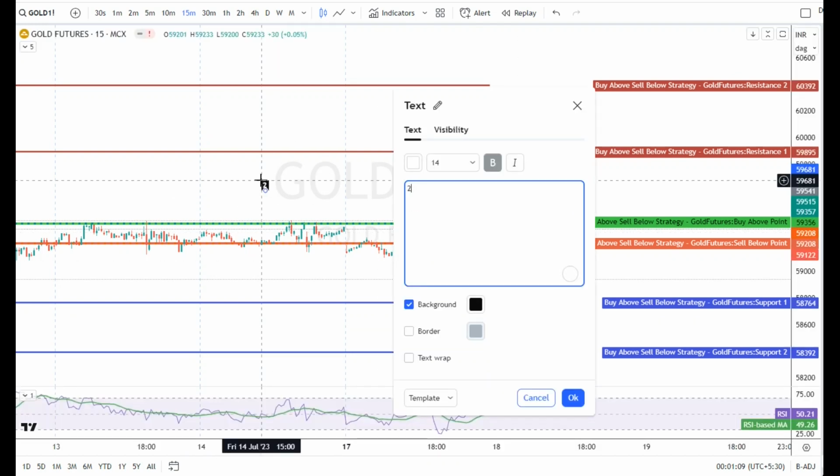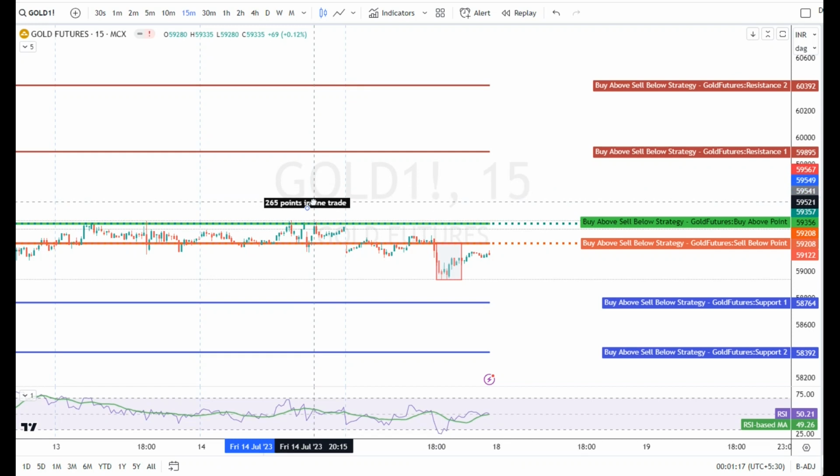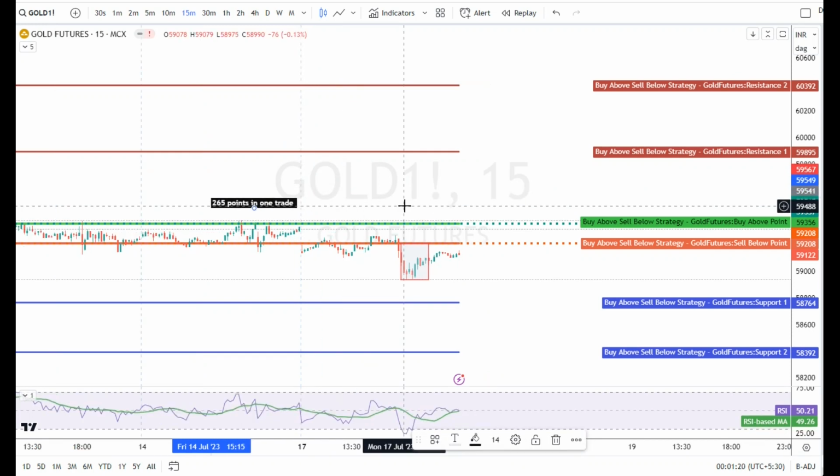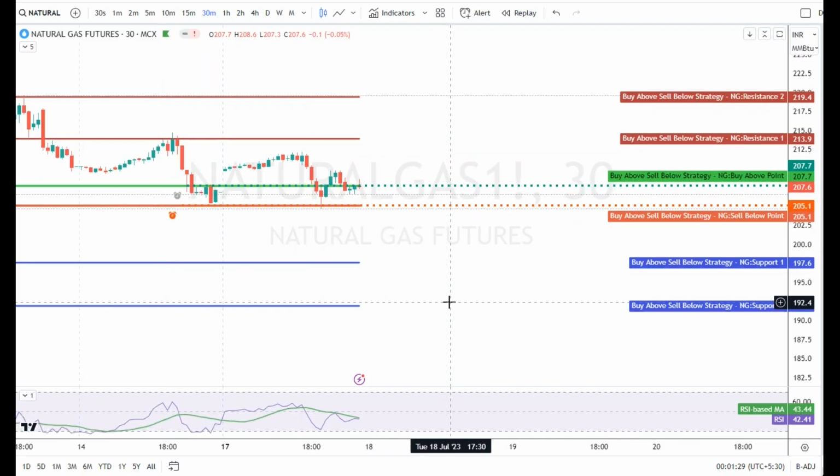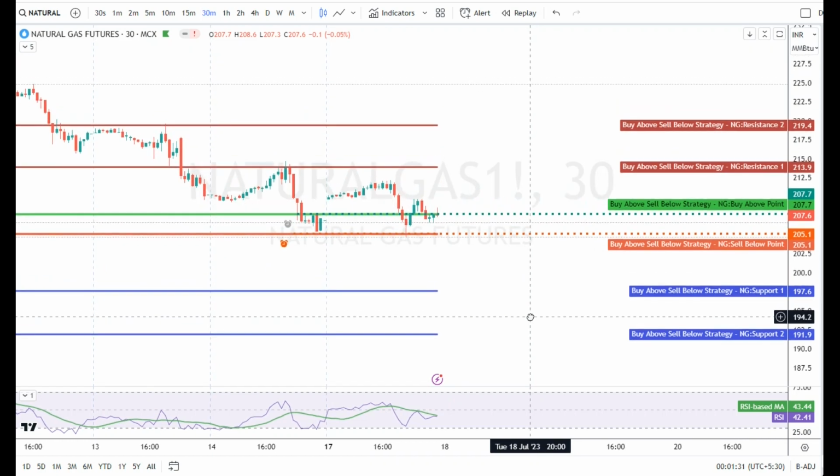So that's 265 points on gold in one trade. Guys, as usual, we are having a lovely time with this plan, and every day it gives us something or the other in return for us trusting it. That's the point. If you trust it, it'll give you. So if you see, until now we've had 6 charts, and all of them have been able to deliver on the promise. Now natural gas